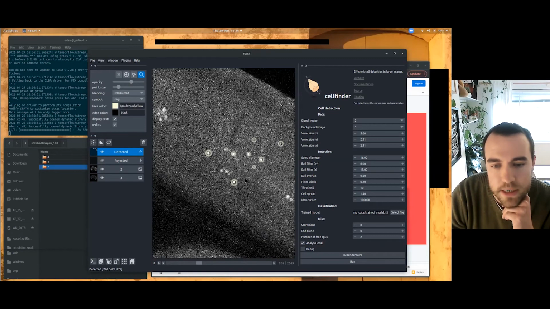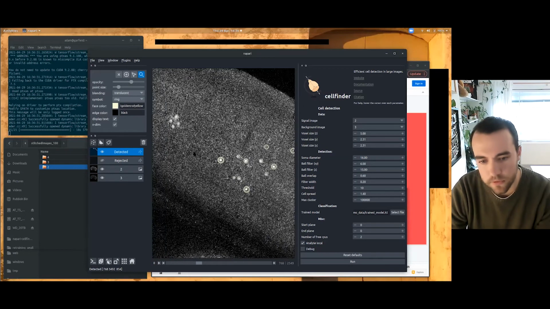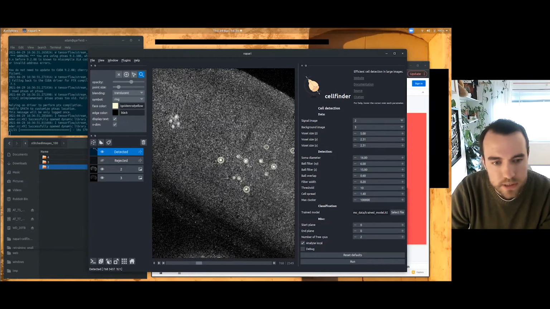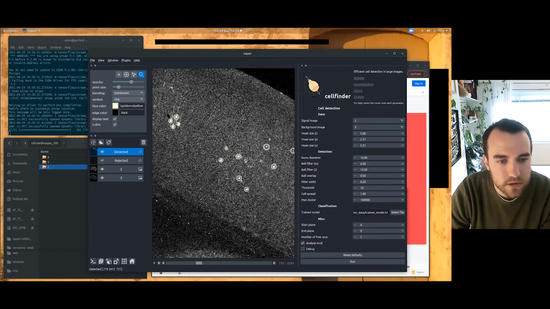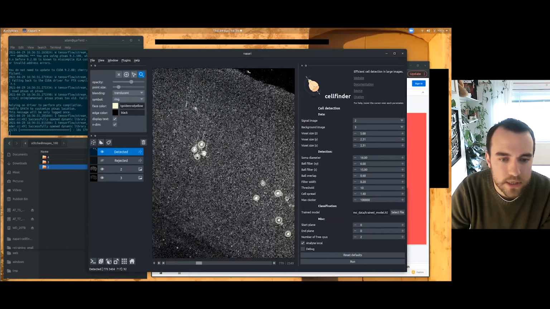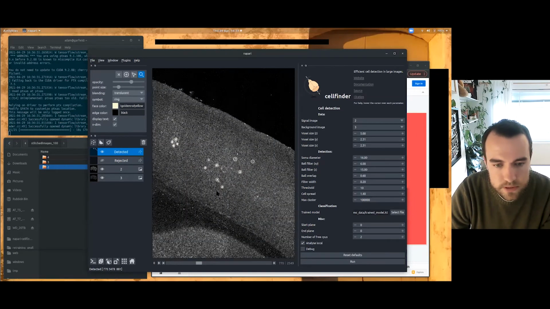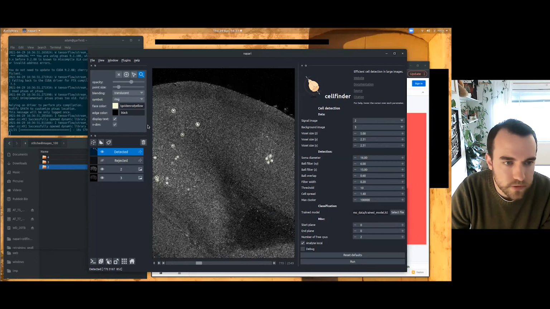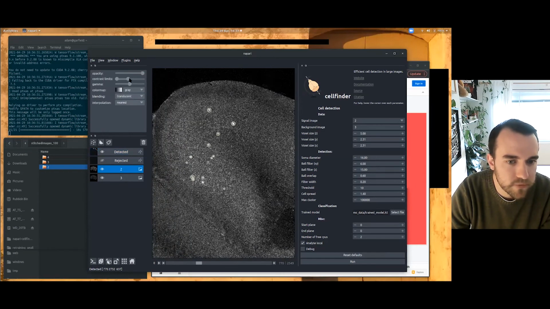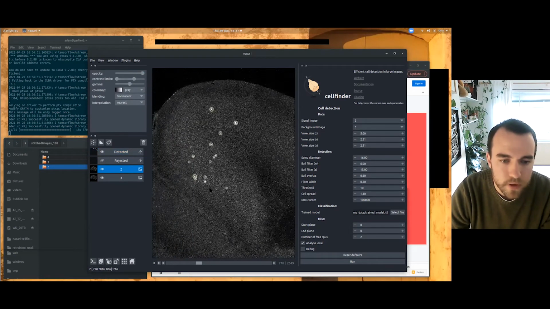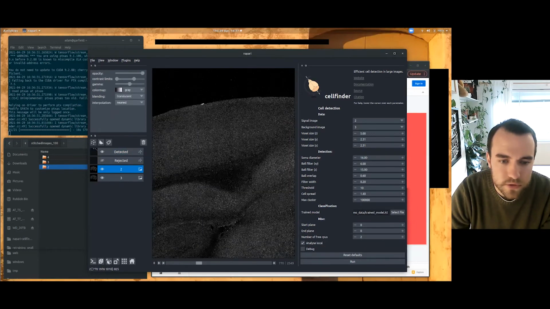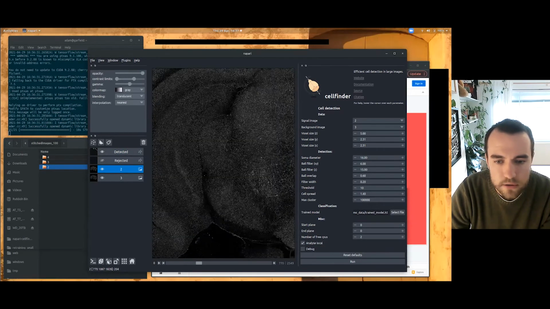So you should hopefully be able to see in yellow, it's picked up all of these cells, and you can see that they're highlighted by circles, but they're actually spheres, and you can see that the cells are detected in 3D. And it does a pretty good job. There's probably some mistakes somewhere, but it picks up all of these cells, which are actually kind of hard to see even by eye. And it doesn't pick up anything in the rest. There's no false positives in the rest of the brain.